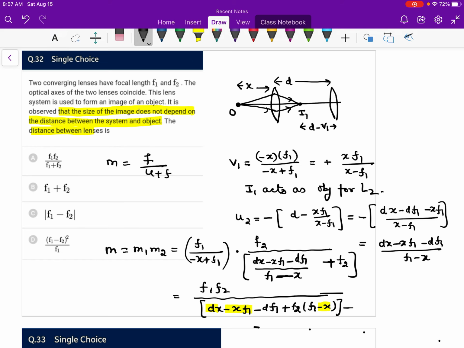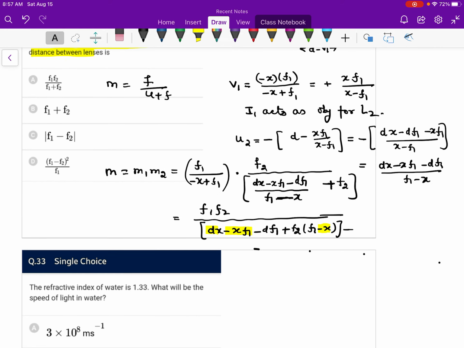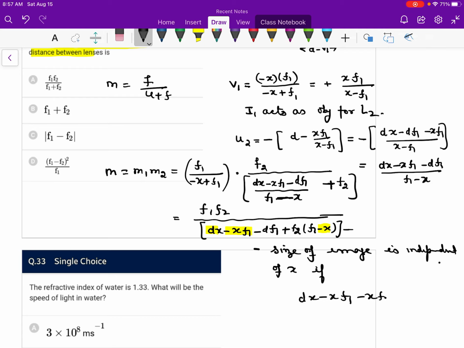Okay, so we say that size of image is independent of x if dx minus x f1 minus x f2 is equal to 0, that is d equals f1 plus f2. So definitely you should have left this question, okay, and I would advise you to just learn this result, that